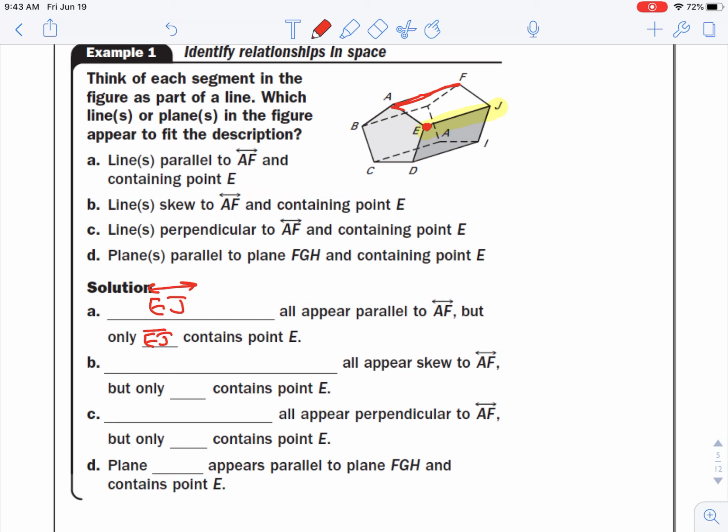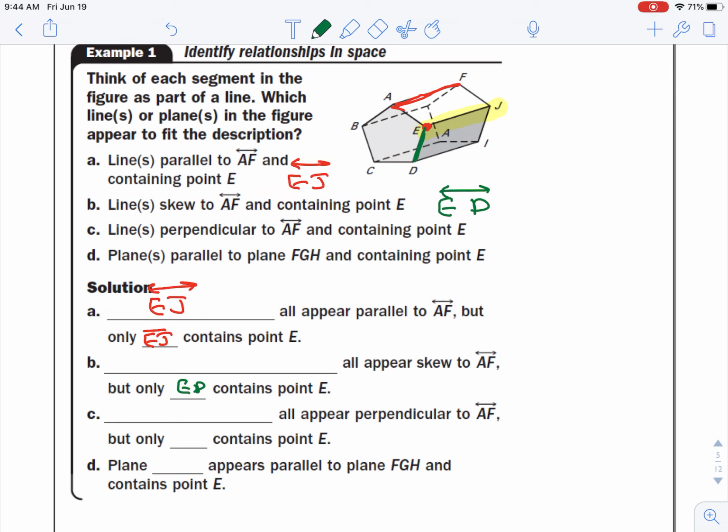So EJ. We could list all the lines that appear parallel to AF, okay? But only one really contains point E, and that would be EJ. So what line is skew to AF and contains point E? So again, it can't be in the same plane, but it has to contain point E, so it would be